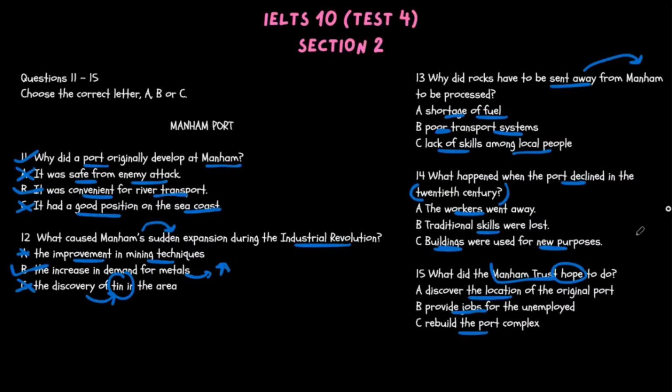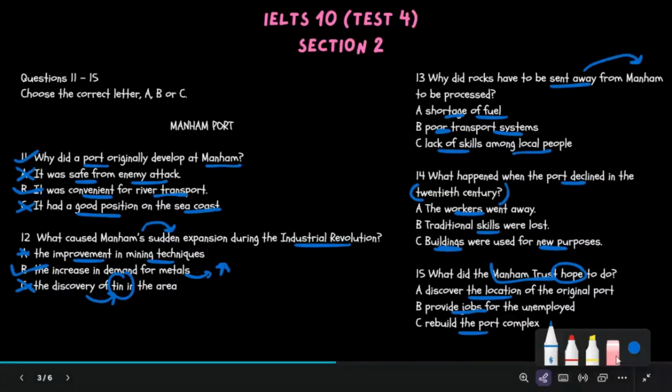And because it was already so busy, prospectors began to look for other minerals. But by the end of the 19th century, lead, copper, manganese, and arsenic were added to the cargoes leaving Manham. In the early days, the ores had been smelted or processed in the same area they were mined. But as demand grew, the smelting process required huge factory furnaces or fires to melt the metal from the rock. And there was not enough coal in the local area, so the rocks containing minerals had to be shipped long